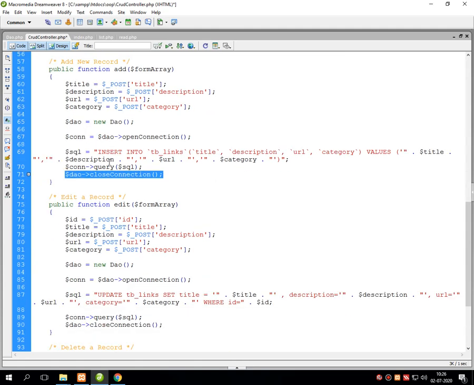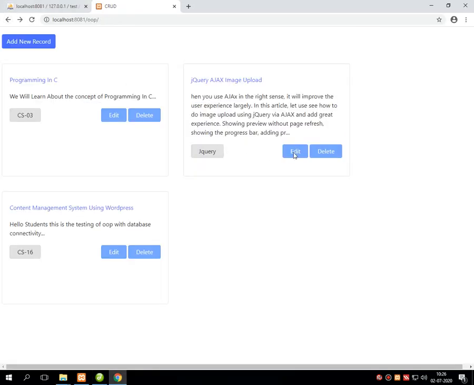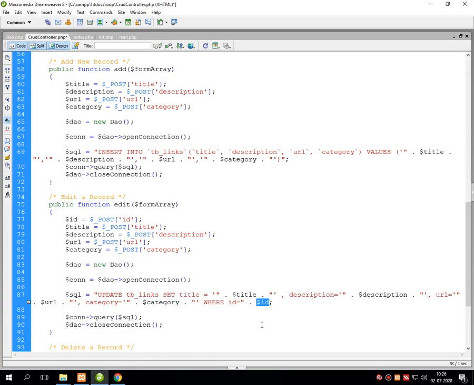Now for the second function called edit, almost everything is similar, we just need to change the query from insert into to update, which changes the record which is already stored inside the database table. But remember one thing, all the data need not be changed, only the particular data to be changed. That's why we are passing ID as a reference into the where clause. It means whatever ID you select and press the edit button, that particular data is going to be changed. So for that, here we have written the where clause.